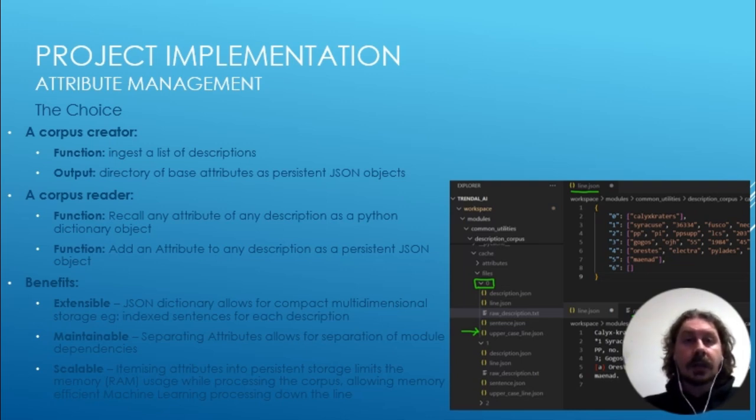So, keeping everything neat and together, creating that data integrity that would be provided by a relational database. Doing it this way, we've been able to achieve an extensible, maintainable, and scalable solution to this problem.